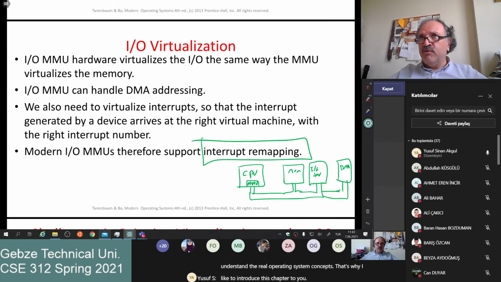I could have talked more about deadlocks and etc. I didn't want to do that because nobody uses deadlocks, but virtualization is used a lot. Okay, it is useful for you to know how the virtualization is done. Actually, when you understand the virtualization, you understand the operating systems. That's the second thing that I like you to know about the virtualization. I guess that's it